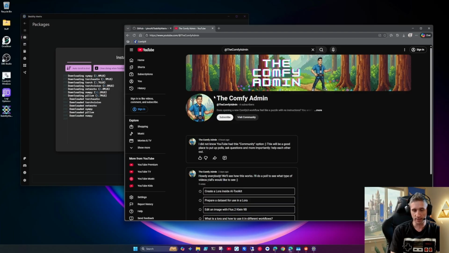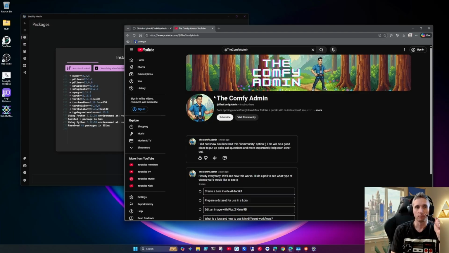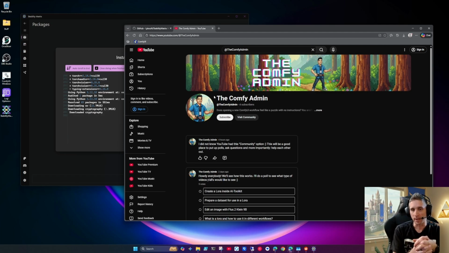It hallucinates like crazy. It's not always correct, and it's based on limited data sets. So when you have a platform like ComfyUI to try and harness all this power that comes with an AI model,